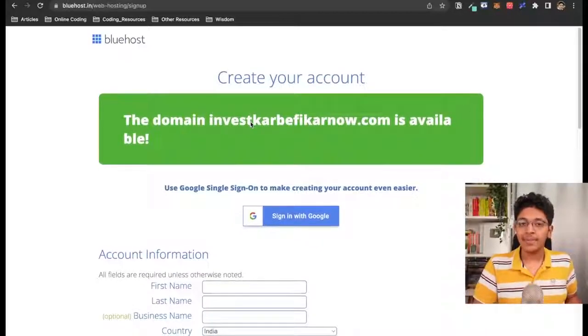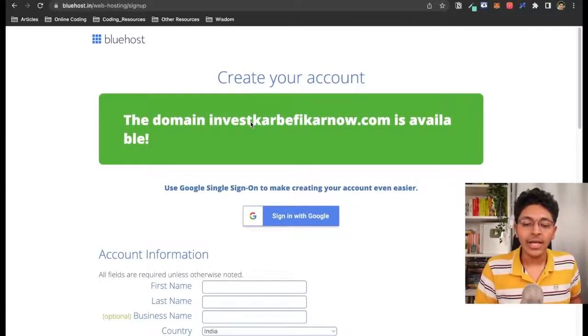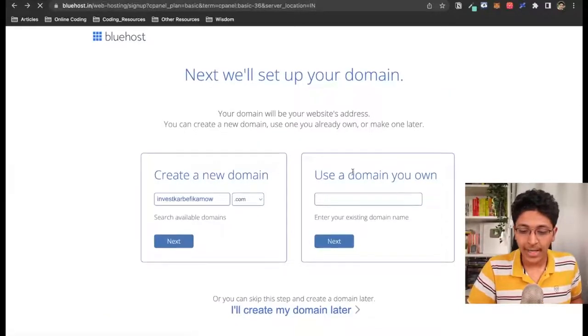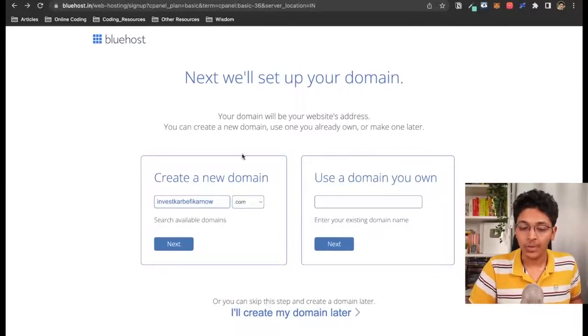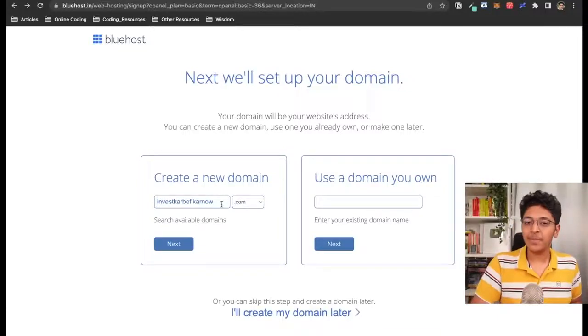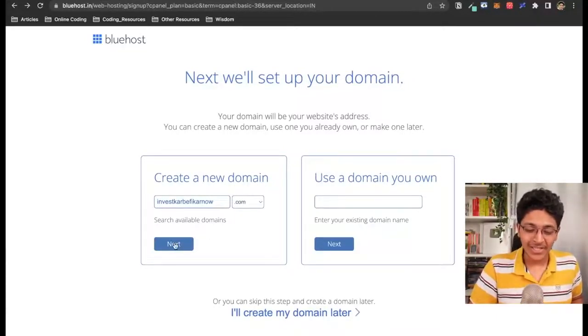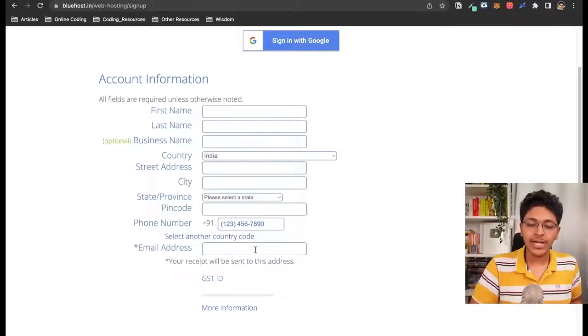So this is the first step. Create that domain that you want. If you have already bought the domain from somewhere, you can go to the previous part and you can use a domain that you currently own. So I've just clicked on this investkarbefikarnow.com. So I'll just click on next from over here, or you can also just click on I'll create my domain name later. So if I just click on this part, it will randomly just give me one domain that I can go ahead with. You can just enter all of your information,